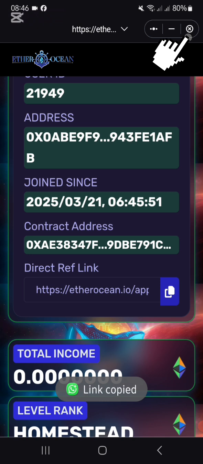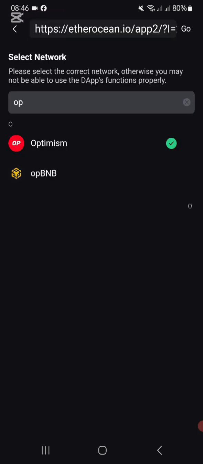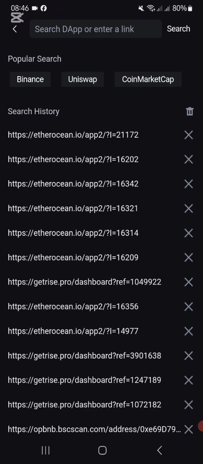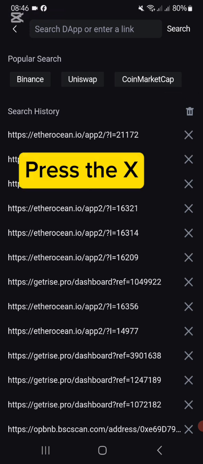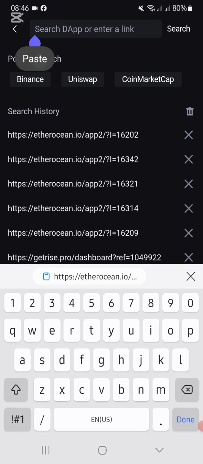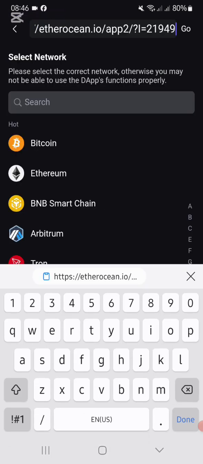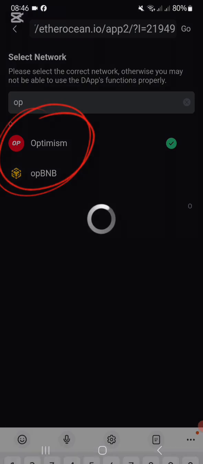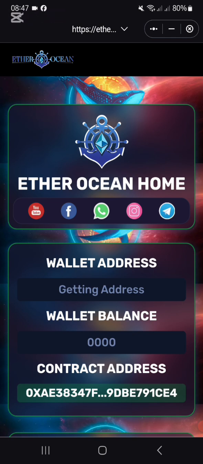And now you're going to close it with a circle and the cross at the top. You're going to go one back. You're going to press on the search D app below your name again. And now you're going to delete your sponsor's number under the dustbin. This is my sponsor's number. I'm going to delete that. I'm going to go back at the top and I'm going to paste my own link there. Then I'm going to go to select network and I'm going to select the correct coin. So now you know that you've replaced your sponsor's link with your link, and this is your wallet.